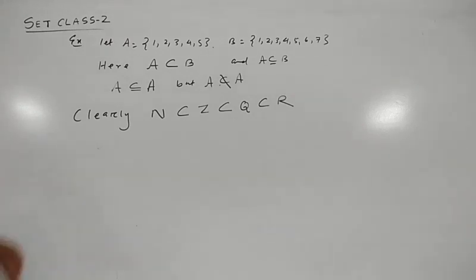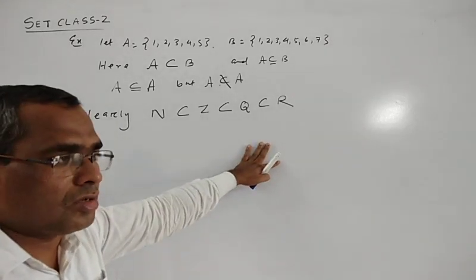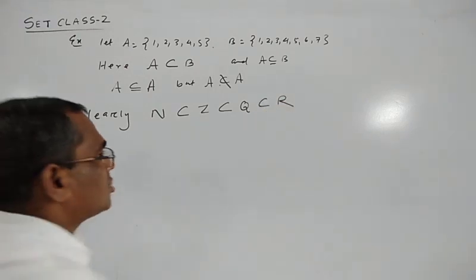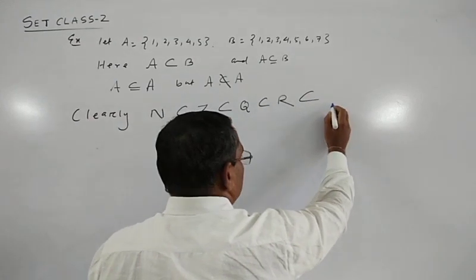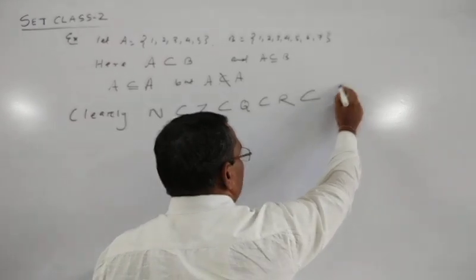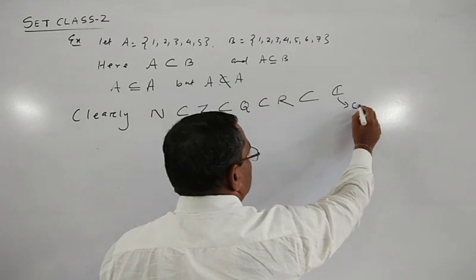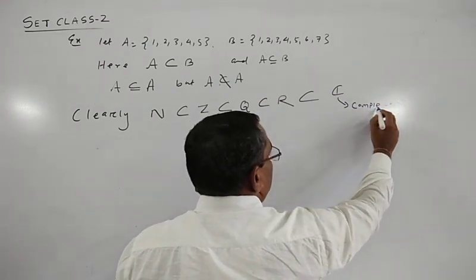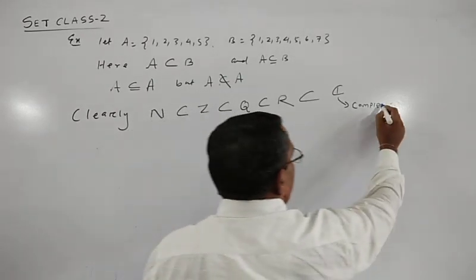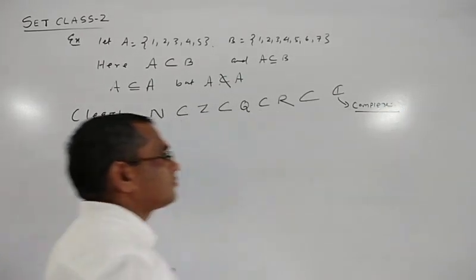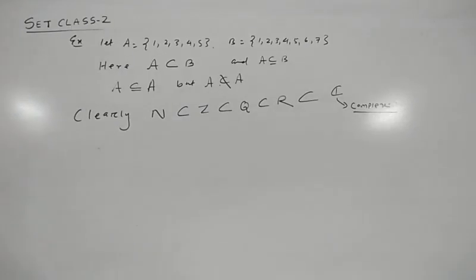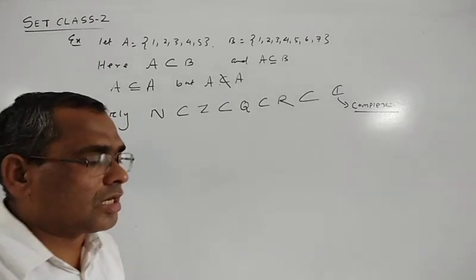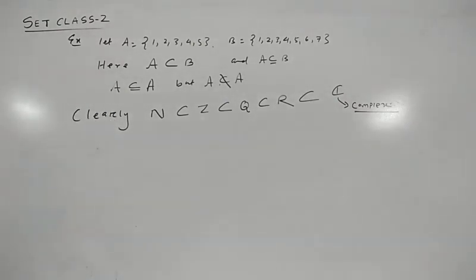So there is another set, the complex number set. Every real number is also a complex number, and the R set is a proper subset of C, the complex number set. Okay. Do you understand what a subset is and what a proper subset is? Okay. Next.